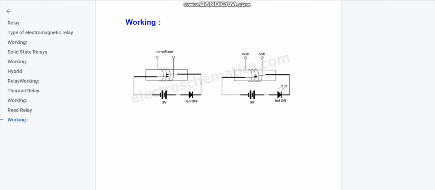You can see in the image, if there is no applied voltage, then it's an open contact. If you apply the voltage across it, then both the filaments will touch each other to start conduction.